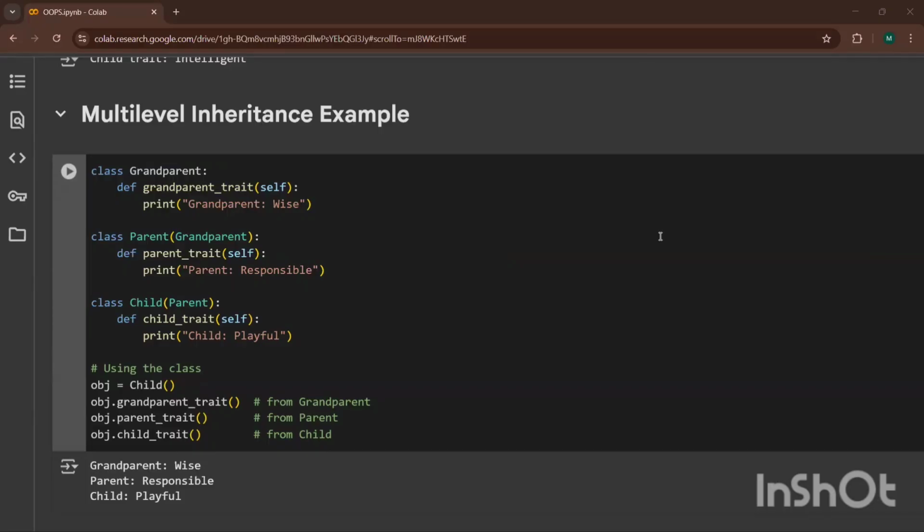So, ma'am, object equal to child class, right? Is it necessary to give obj? Can we give any name, any alphabet? Yes, any name, it depends upon you. Can we define separately like object equal to child class, then we are calling object child trait, then we can define ABC equal to parent, grandparent class, then calling. Nitesh, whatever you're saying, can you please write that down in the chat box so that it will be clear to me as well?